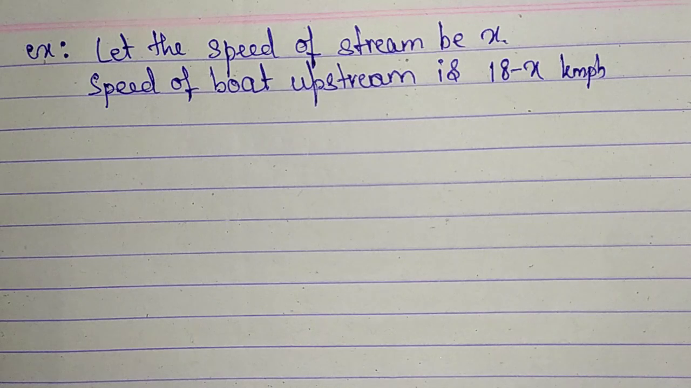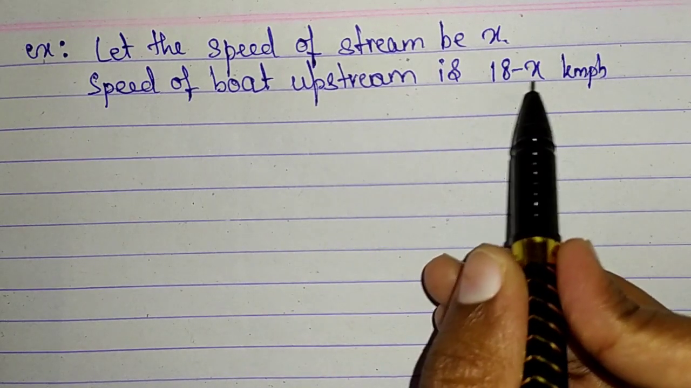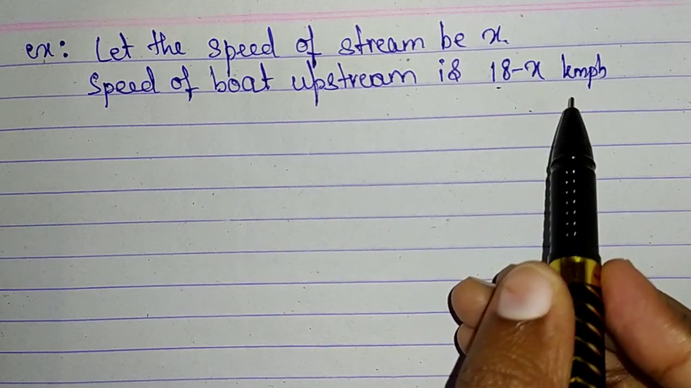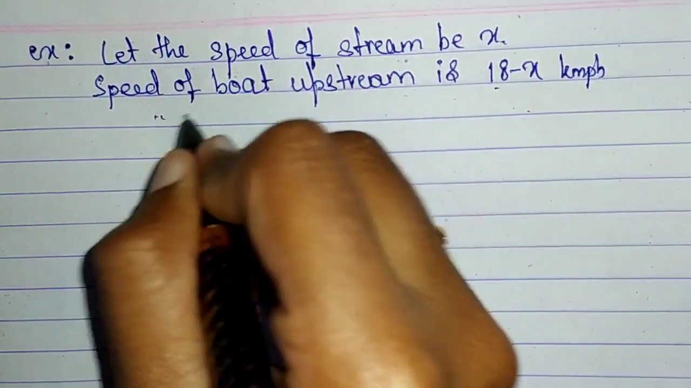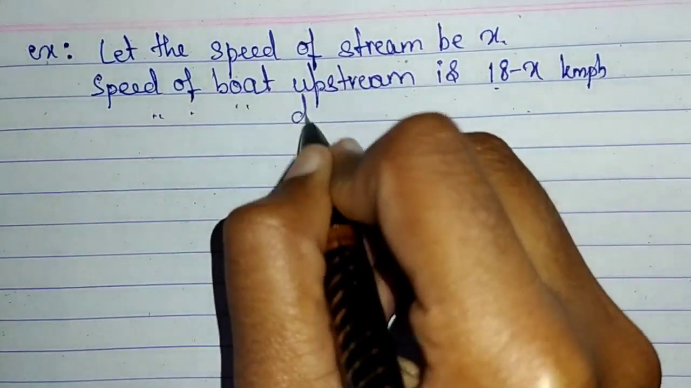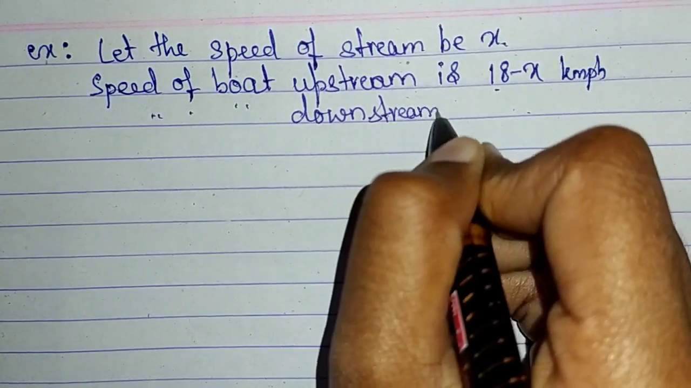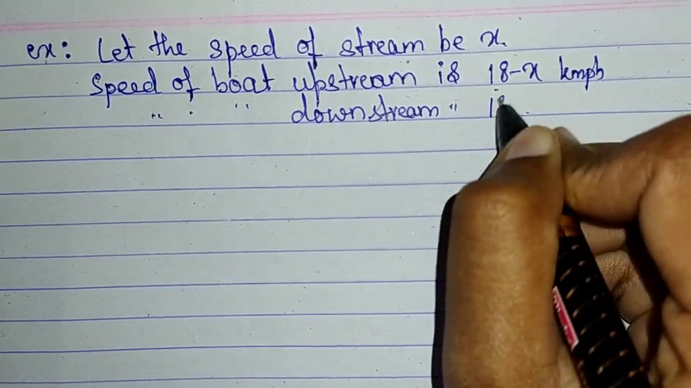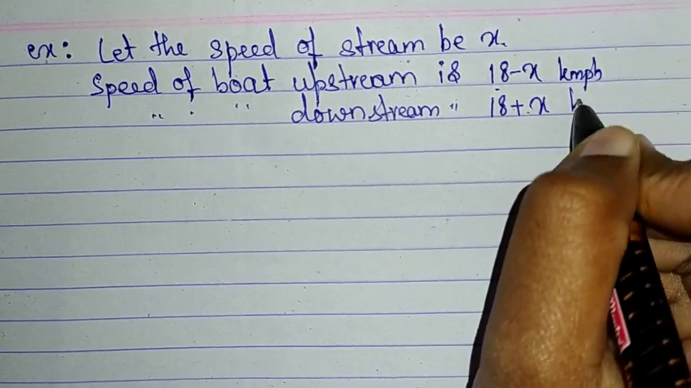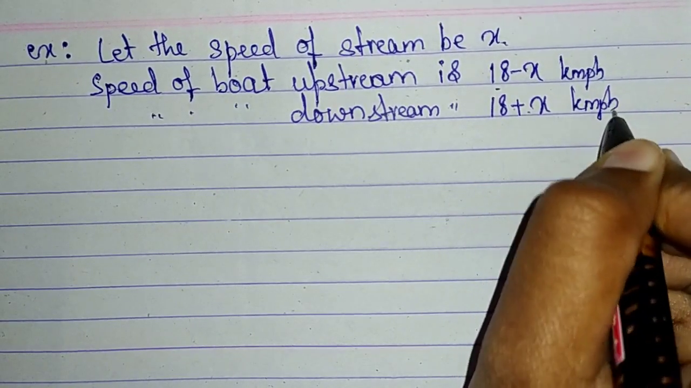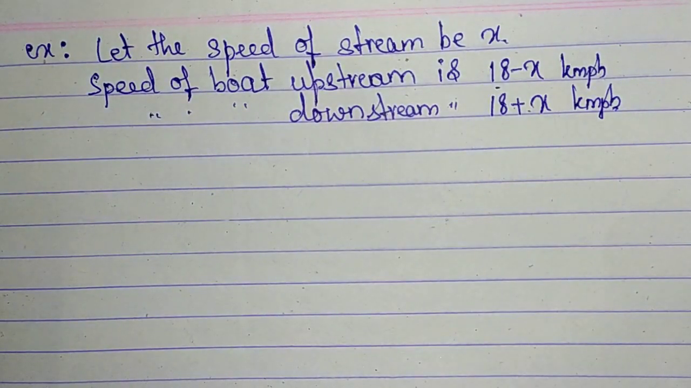So subtracting that speed going upstream, the speed is cut down. So 18 minus x km/h. And the speed of the boat downstream, that is along the flow of the water, is increased: going downstream, the speed is 18 plus x km/h, kilometer per hour. Also, they have told us that